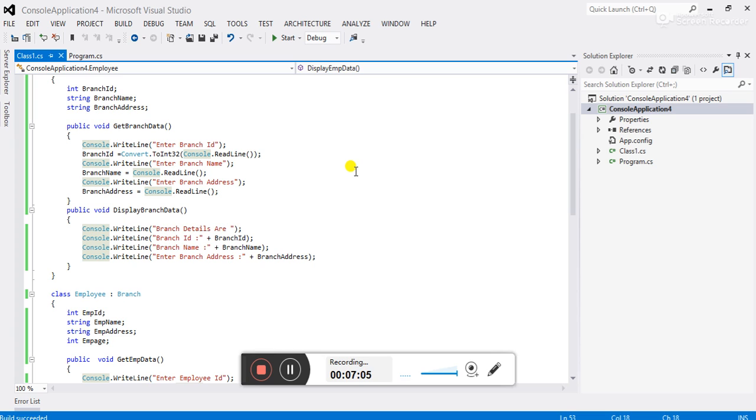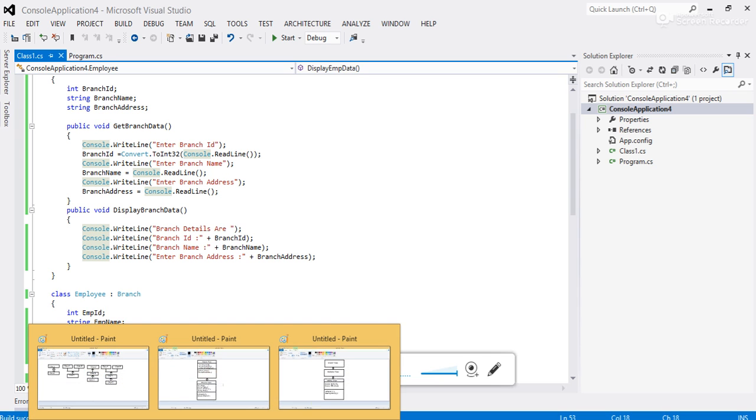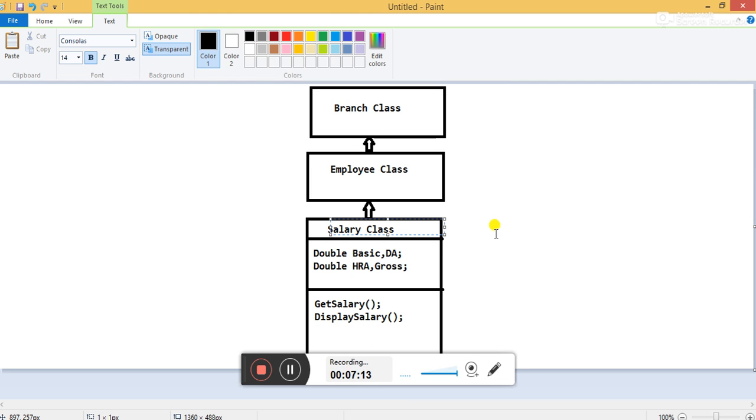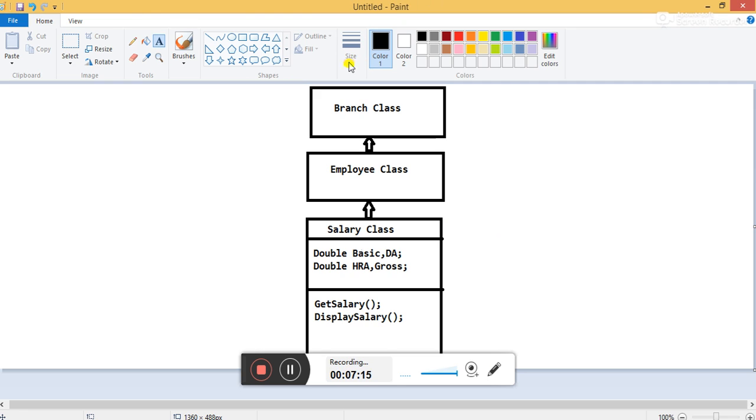So let's go to the example of multi-level inheritance. I have already drawn the class diagram for that. Later the same company wants to computerize the employees' salary detail also. At last I drew the class diagram for salary.